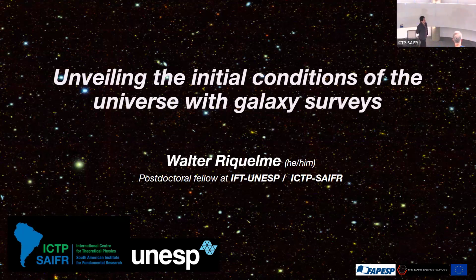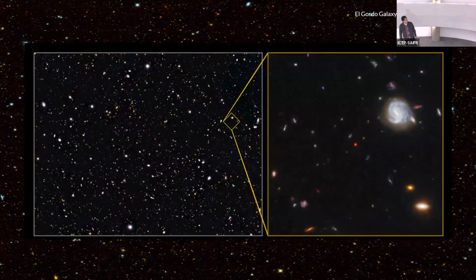Okay, so good morning, everyone. So as you were just told, my name is Walter Riquelme. You can just call me Walter, and I want to introduce you to some of the methods that galaxy surveys currently use to extract the properties of the initial conditions of the universe. I will explain a little bit more in detail what that means. But I want to start this presentation with the following figure, where in current times, as you may know, galaxy surveys are really experts now in trying to